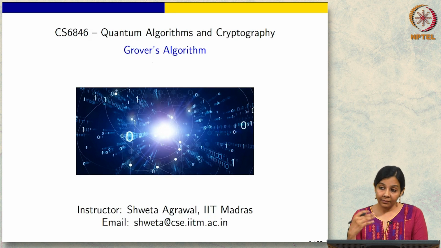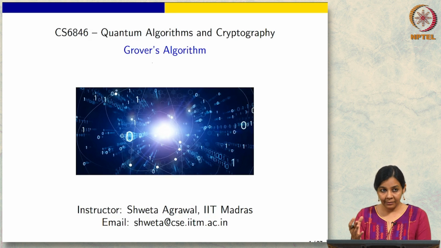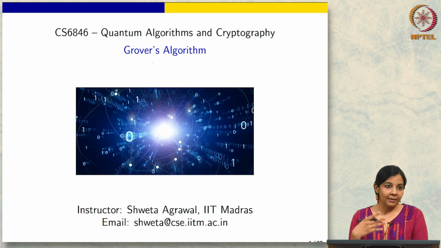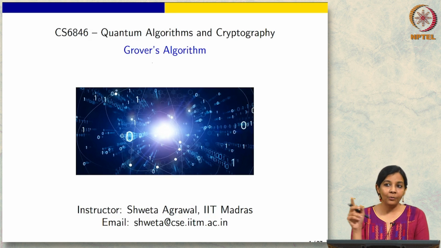So this is a very important improvement. The implication it has is that the key sizes should be doubled. If you can search a search space in the square root of the worst case time, then if you're searching for a secret key in the key space, this is offering you a square root speed up. So this means that the bit length should be doubled, right.